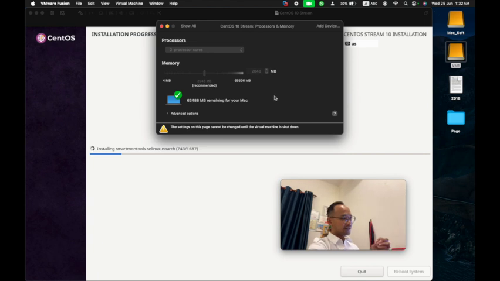So don't worry that it may be slow because of the internet. It just downloads from the ISO file. And here it is preparing the transaction installation source.